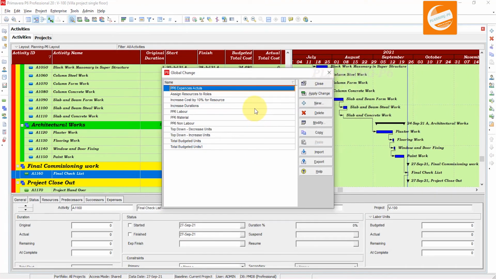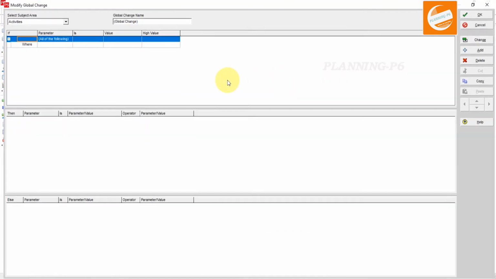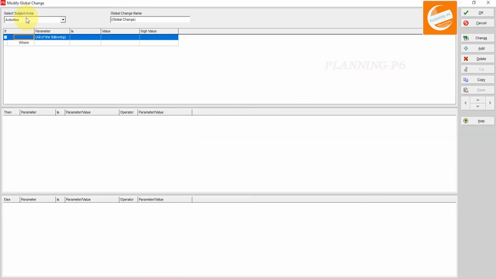Okay, now we have added all actuals here, and finally the last step, the fifth step, is that we have to add a new one. Expand it in the activities, here don't change anything, and write the name activity status, this is the main one.